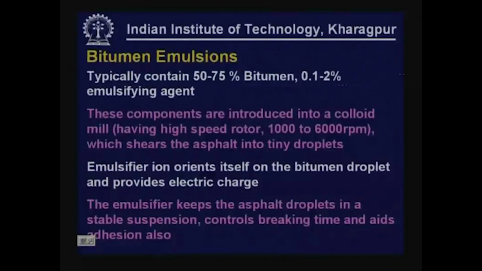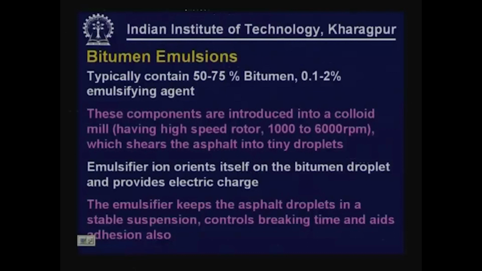These components are for producing emulsion. These components are introduced into a colloid mill, which operates at a very high speed. There is a high speed rotor. The operating speed could be 1000 to 6000 rpm, which shears the asphalt into tiny, very small droplets. Emulsifier ions orient